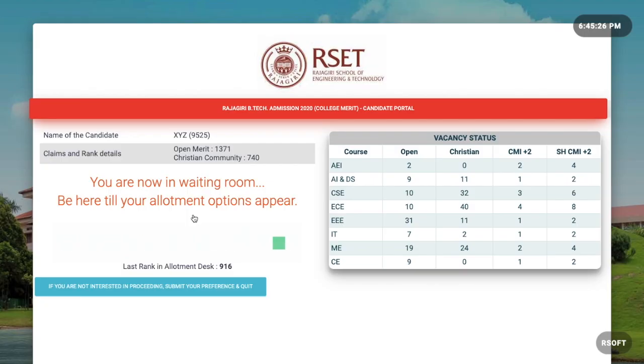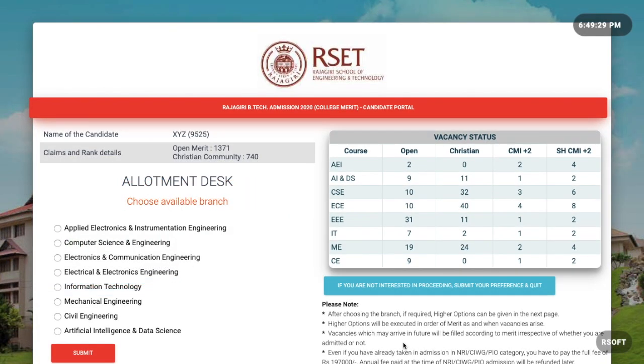Now you will be directed to a virtual waiting room like this. From here, you will be directed to the allotment desk when the Rajagiri office permits. So please wait. At the allotment desk, you will be able to view a screen like this. Here, branches will be displayed.